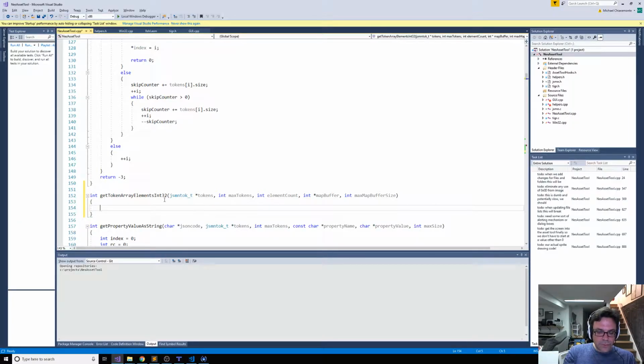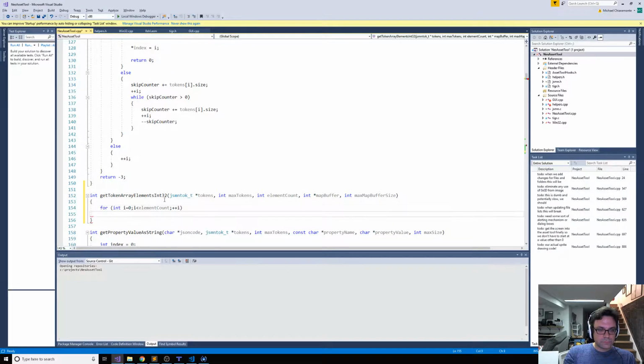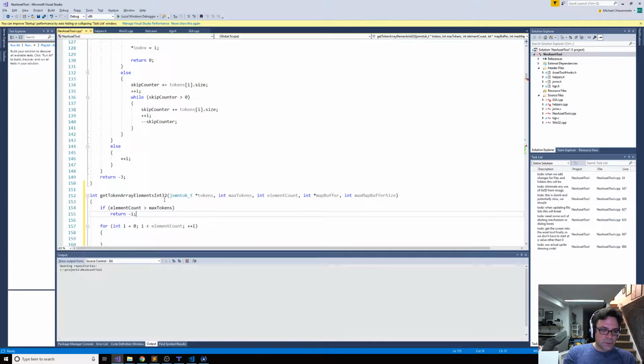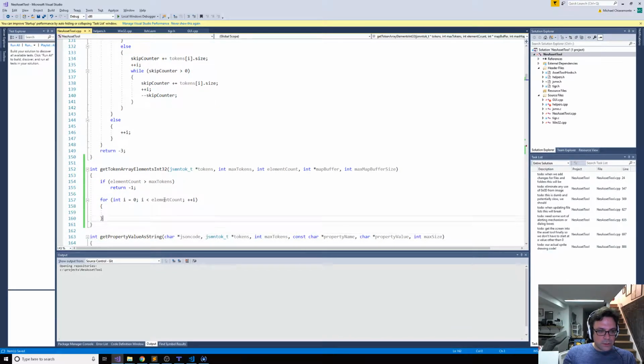Excuse me. And then this is pretty straightforward. We're just saying, okay, I is 0 to max token element count. I guess we want to say, okay, if element count is greater than max tokens, return an error code. And I know these error codes are not particularly meaningful or descriptive, but right now I just want to do this so that we're not returning the success error code,